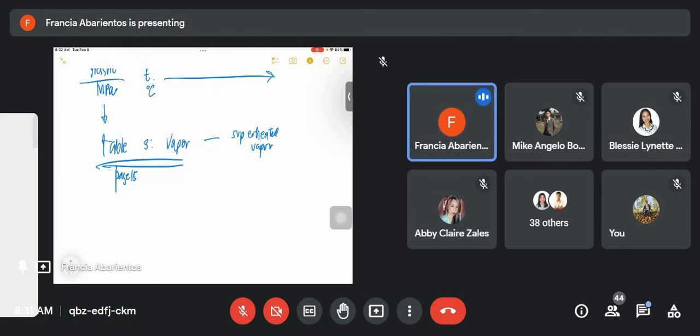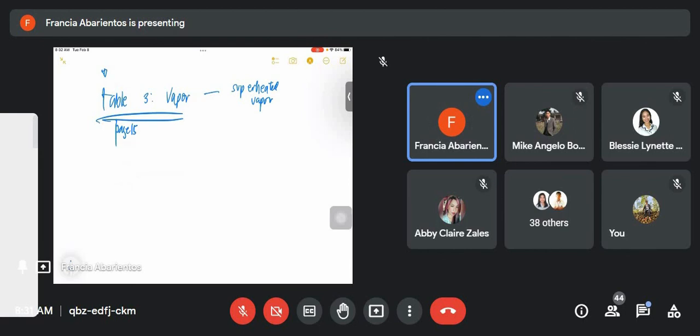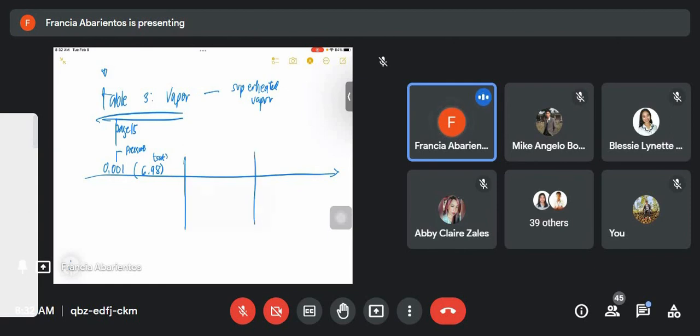Okay, class. So, in table 3, sa taas class, the bold ones are 0.001, 6.98. So, makikita nyo to sa stipend, papunta doon sa right side. This one is the pressure, and this one is the T-sat. So, tatlo tong column. Iba't iba yan na class ng pressure as well as the temperature. But on the right corner, makikita nyo pababa